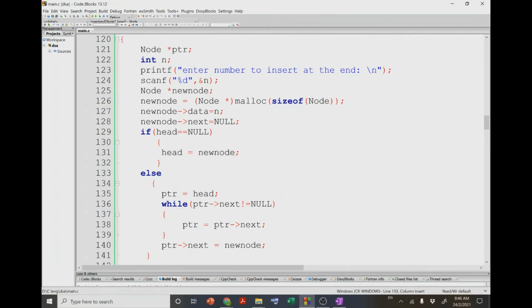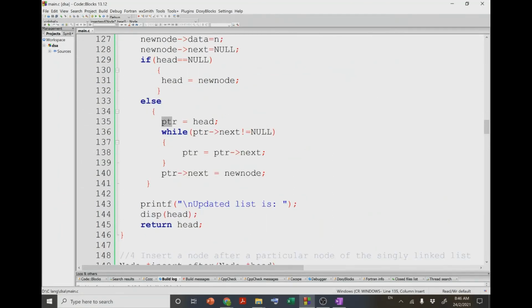Okay, else if head is not null, then it means that we already have some nodes in the linked list. And if we already have nodes in the linked list, then we need to come to the last node. To come to the last node, what we can do? First we initialize the value of ptr as head. Then using this loop, we will come to the last node.